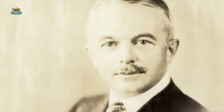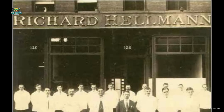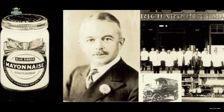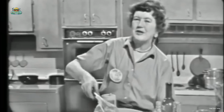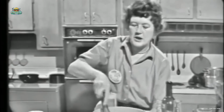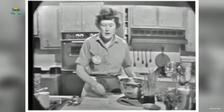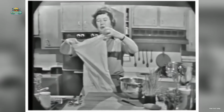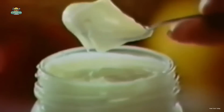In the early 20th century, a German immigrant named Richard Helms opened a small shop in New York City. His wife, known for her excellent cooking skills, created delicious salads mixed with homemade mayonnaise. The unique flavor of this sauce quickly won over customers. As more and more people began asking if they could buy the mayonnaise separately, the Helms family decided to produce it in larger quantities. Before long, the sauce became so popular that they had to package it in small wooden